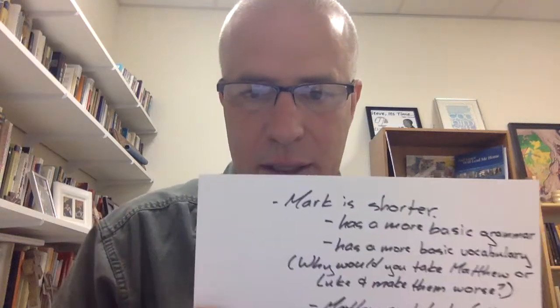I'm going to give you 4 of sort of the basic reasons. We're not going to go into great detail about them. There are some additional ones. They get a little more complicated and difficult to describe. But for the sake of this course, if you are familiar with these 4 basic ideas, that'll be enough for the quiz this week. So the first basic thought is just simply that Mark is shorter.